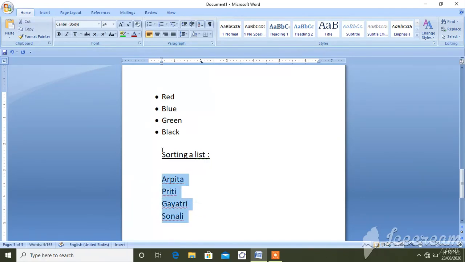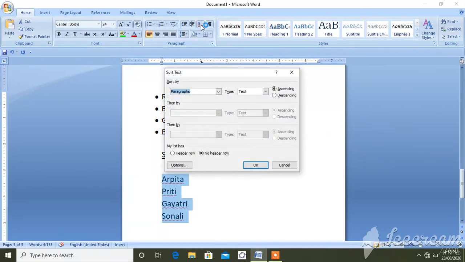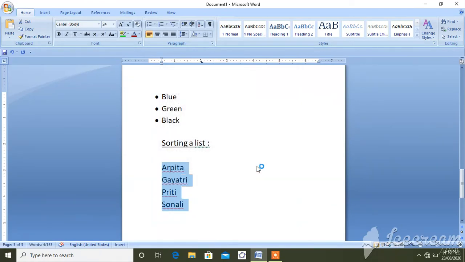Select this list. Here is a sorting option. Click on that. It will ask you whether you want to sort ascending or descending. Ascending means from A to Z, and descending means from Z to A. Suppose I want to sort this ascending, so click ascending, click on OK.